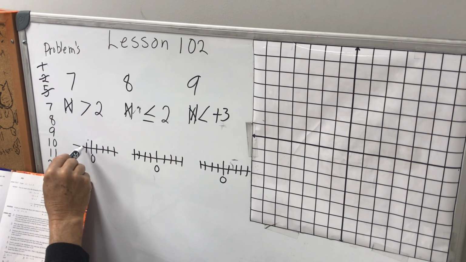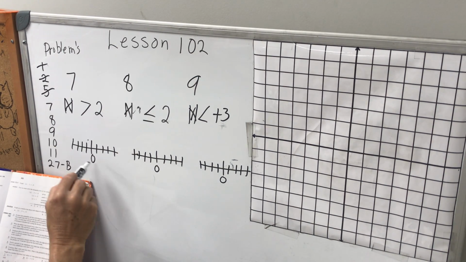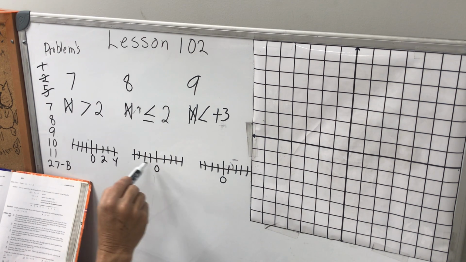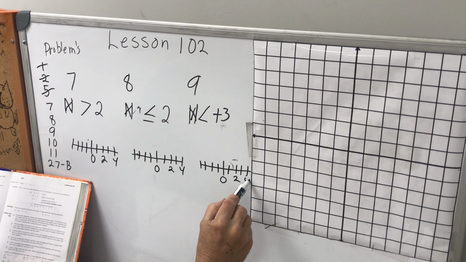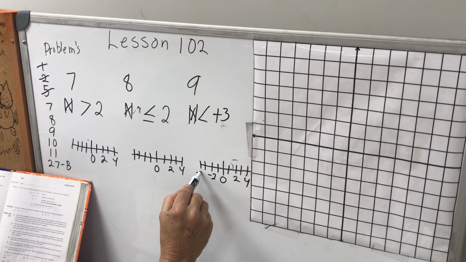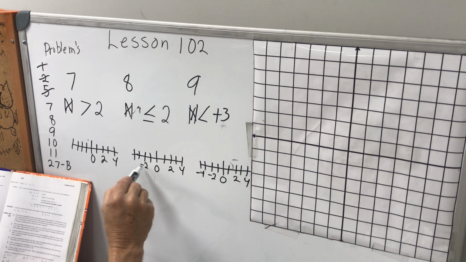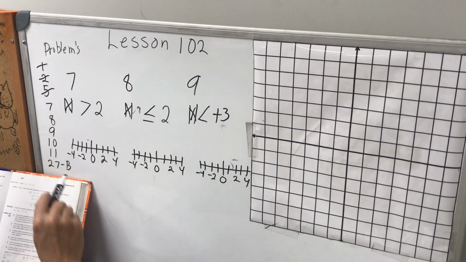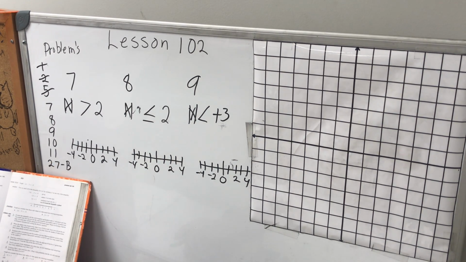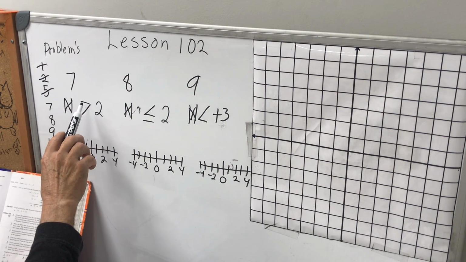Okay, now I have a 2 and a 4, a 2 and a 4, and -2 and -4, -2 and -4. We got our number lines. Okay, now if you refer back to this one, do you remember what the